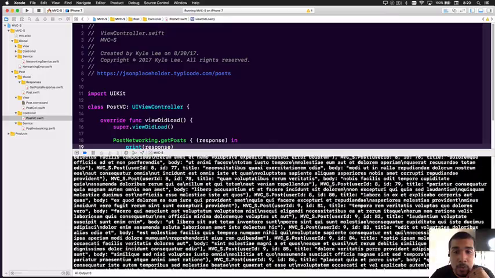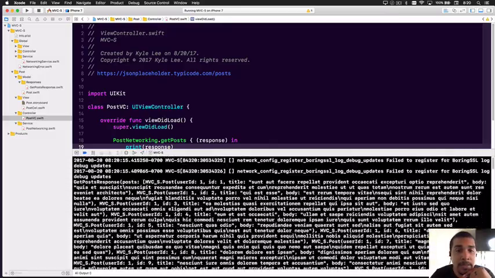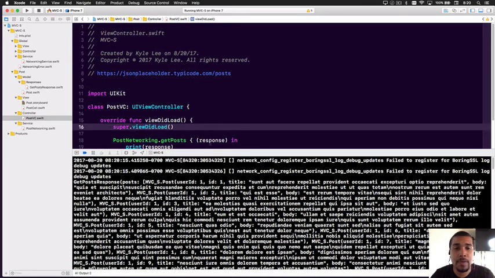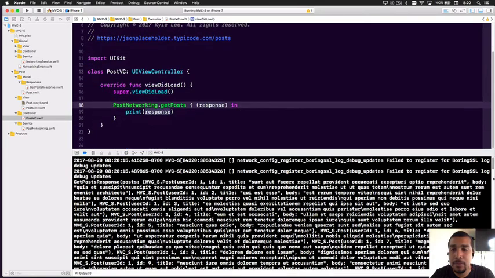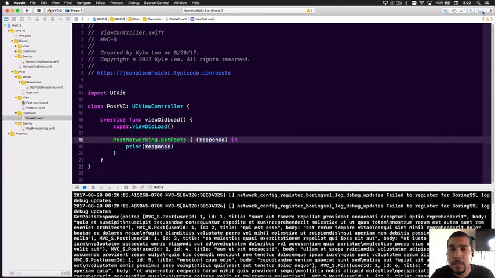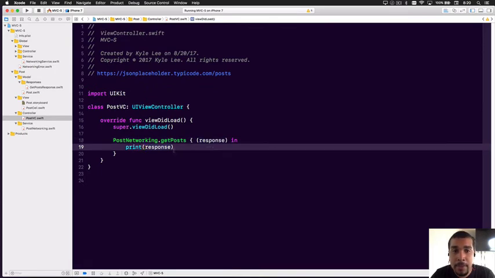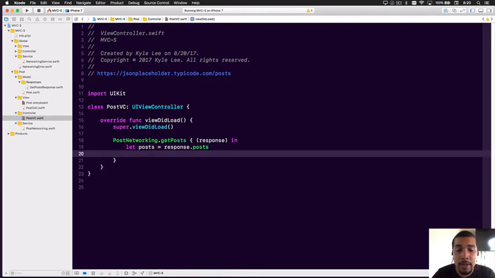All right, looks like it's working. Only problem is that it's kind of messy. So what we can do, just so that you guys can see it again and make sure that everything looks right, remember that we have our response and it has posts in it. And what we want to do is we'll say let posts equal response dot posts,